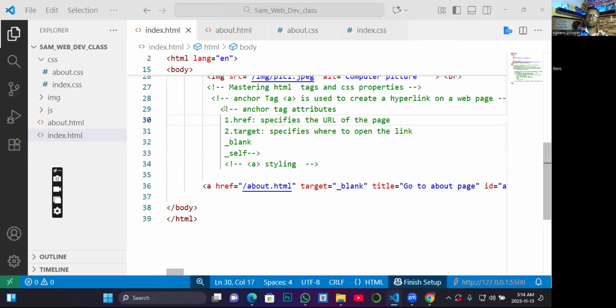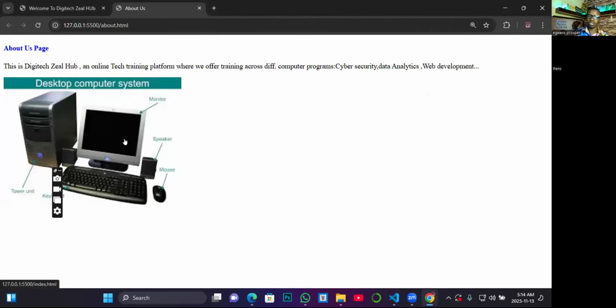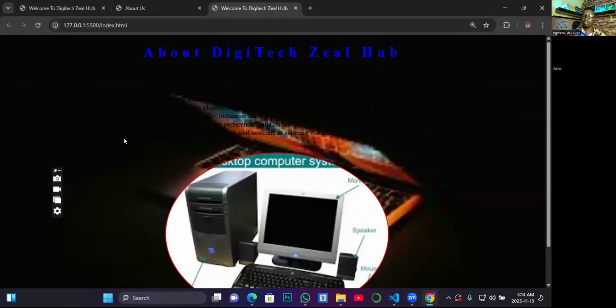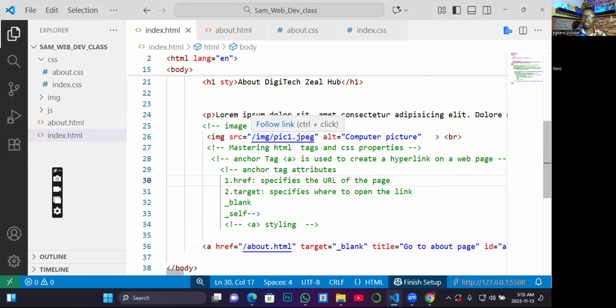We also talked about different attributes that can be attached to the anchor tag. I think I've explained all that. We also talked about how you can use an image as a link. In other words, there could be a picture in your website that the user can click on, just like this. And then once they click on it, it targets a different page. So it depends on you. You have to do the calculation and know whether it is best to use text as your link or